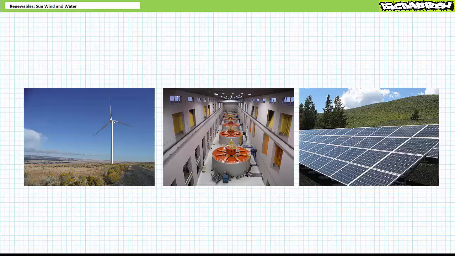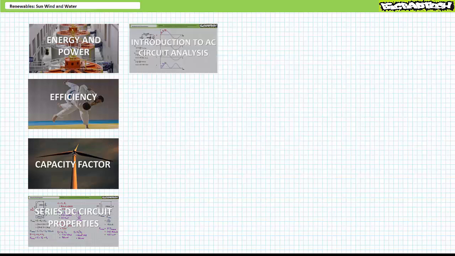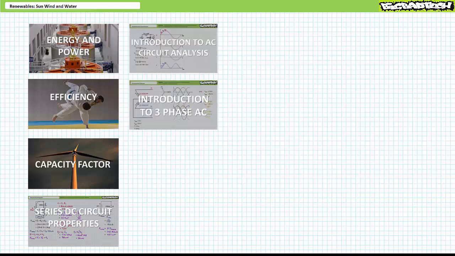these renewable resources. A couple housekeeping notes before we begin regarding the intended audience and the scope of this and related lectures. Bottom line up front, renewable energy technicians are electromechanical technicians, and these lectures on renewable energy are not intended for the average dimwit bebopping down the street, but rather viewers with the necessary background and working understanding of energy, power, efficiency, capacity factor, DC circuit analysis, single-phase AC circuit analysis, three-phase AC circuit analysis, the three dimensions of